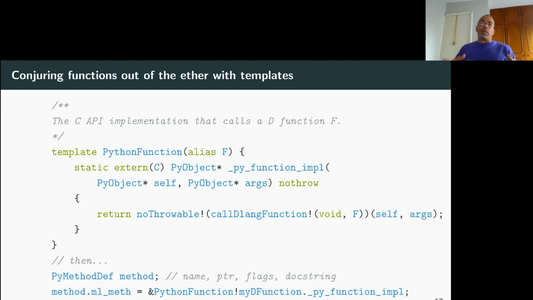Now, the beauty about this is it's a template, so it doesn't really exist until I instantiate it with something. But once I do, that function exists. So by virtue of just taking the address of that internal function, I make it exist, and then the compiler emits it to object code, which is a very different thing from what we were seeing before, in which I have to create them on demand, as it were. And here, it just pops out of the ether. Basically, all functions that we ever need exist. All we have to do is refer to them, and then they'll be available. And I want something like that for the strings, but I'm not sure how to do it yet.